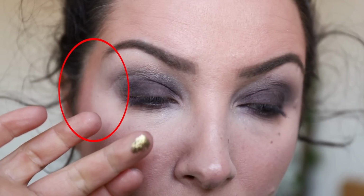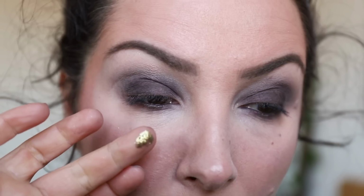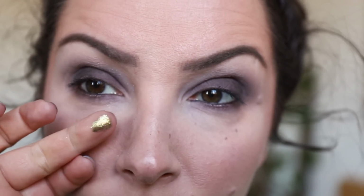This looks horrible. This is a good example of why I really don't like chalky, light, off-white mattes in palettes. They clash with most skin tones. You've got to be very, very fair to have this work on you. This just looks like I'm wearing clown makeup. It's not cool. On my finger, because I think it's a little bit flaky, just the nature of the glitter,